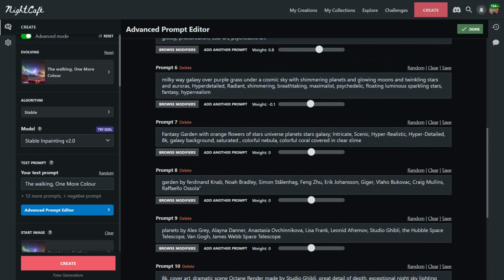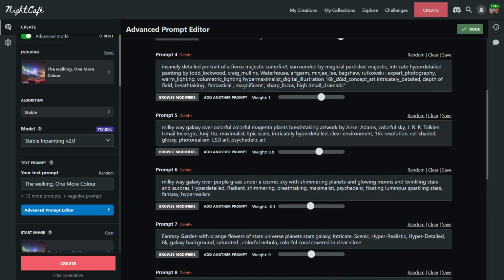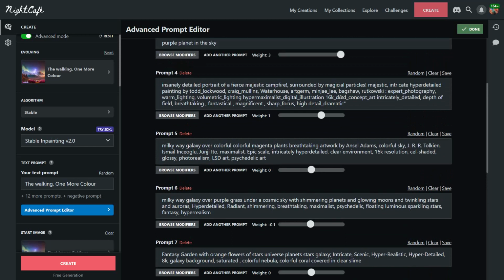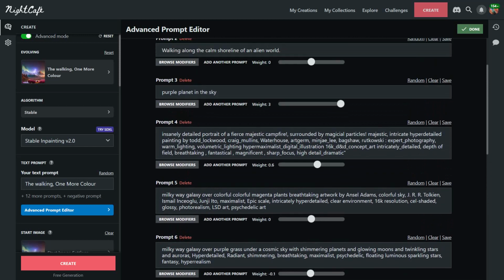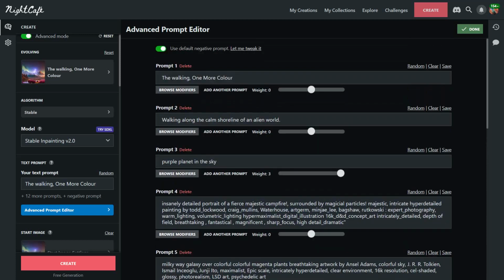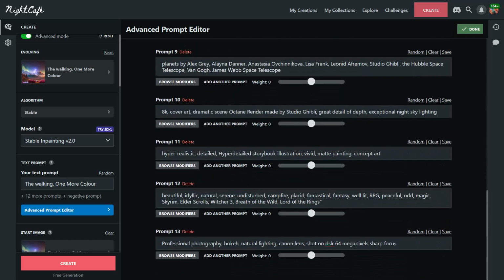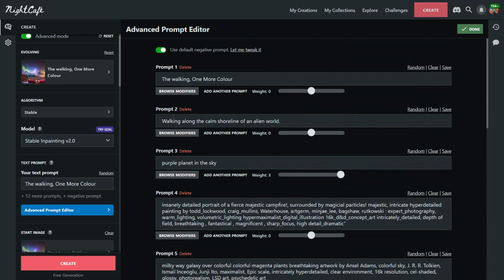And basically I'm doing this to let you know that I play around with this a lot, creating different work. A lot of times I create work that I use in my YouTube videos. So the backgrounds that you see in my videos, many times I'm using these. I think it's rather calming. There we go. So basically the only weighted prompt that we have is purple planet in the sky. And maybe I might say night sky. Just add that. Let's create this for 0 credits.